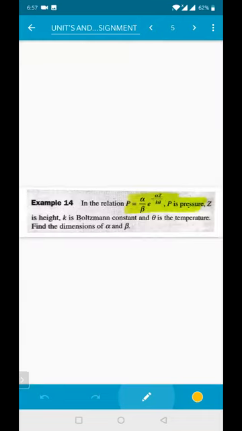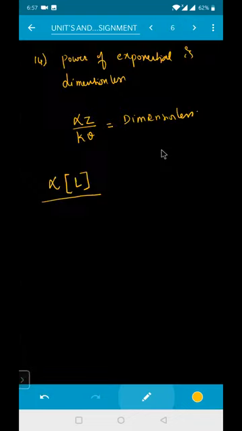So what is the Boltzmann's constant dimension? Have you remembered or forgot it? I told you yesterday. Yes, sir. Boltzmann's constant definition will be equal to your k, isn't it? So what is the Boltzmann's constant relation, beta? PV is equal to n into k into t. N is the Avogadro number, no dimension. So k will be equal to how much for me? PV by t. PV is nothing but pressure times volume, which is work. What is the dimension of your work, beta? Dimension of work is M L T into L, M L squared T power minus 2.